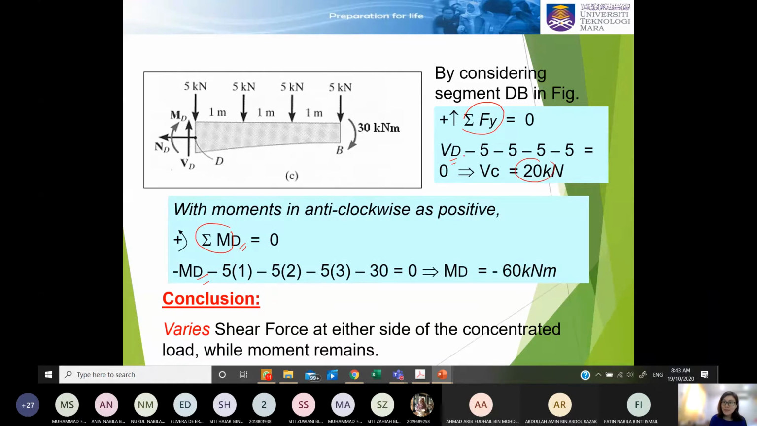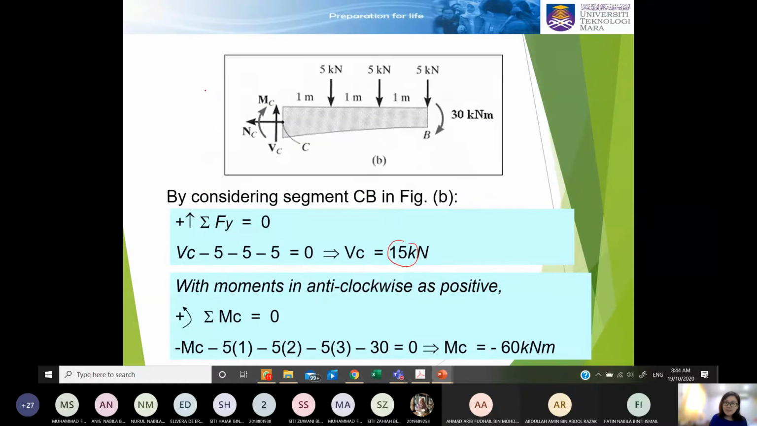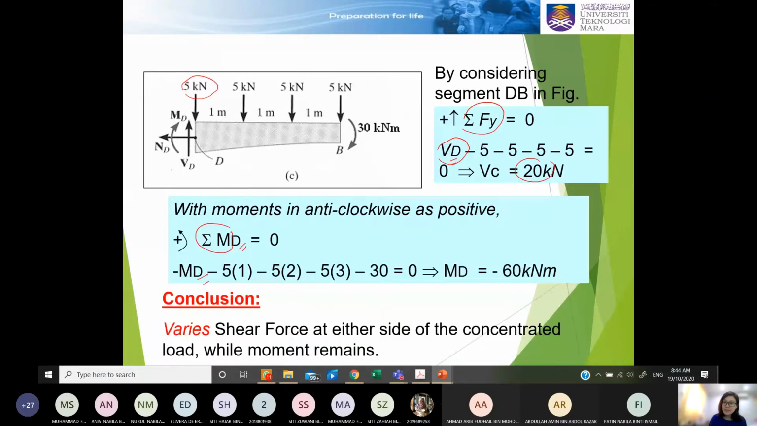They vary in terms of shear by how much? By 5 kilonewton, because of the existence of these loads. But the moment at C is negative 60, and at D it is the same. They don't have any effect due to this 5 kilonewton, unless at this particular position there is a 5 kilonewton,